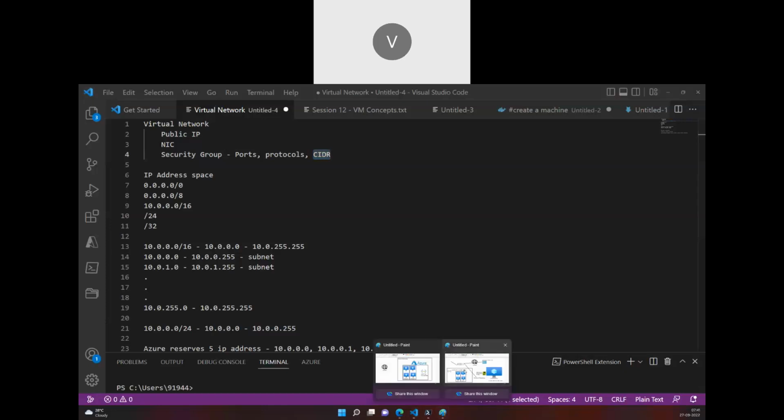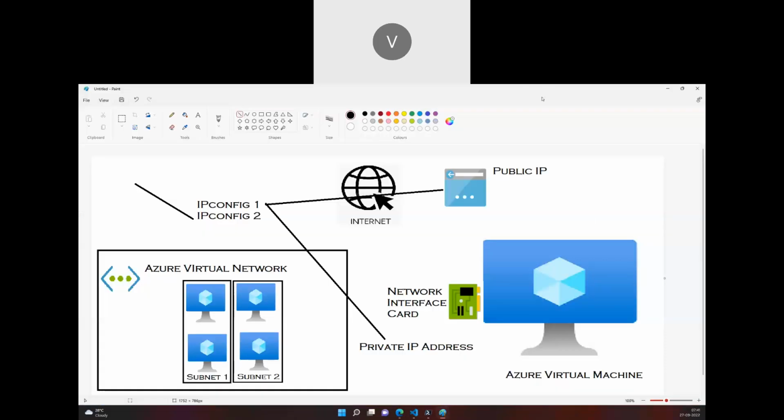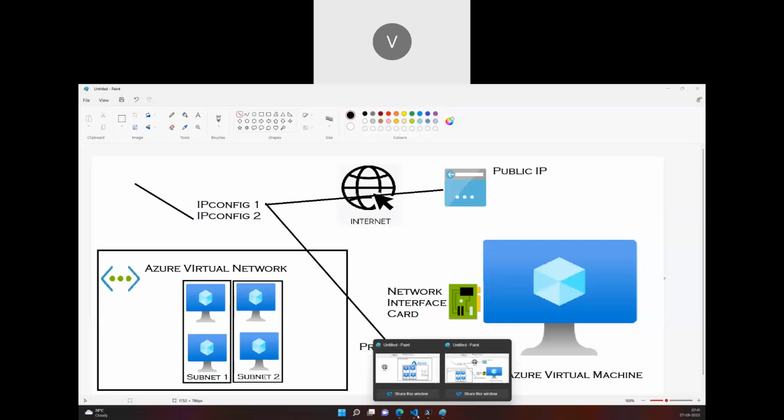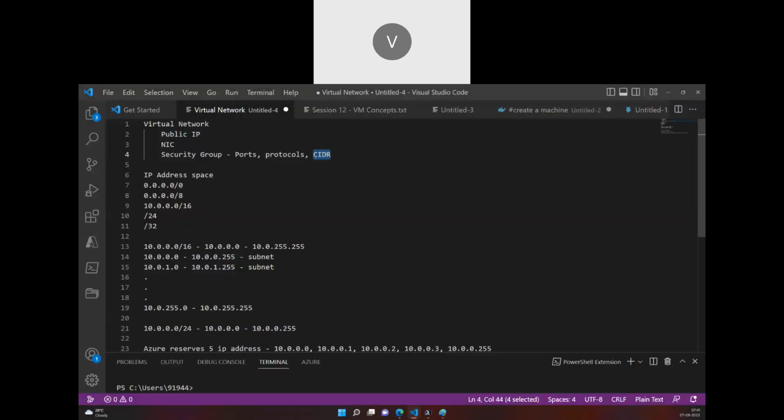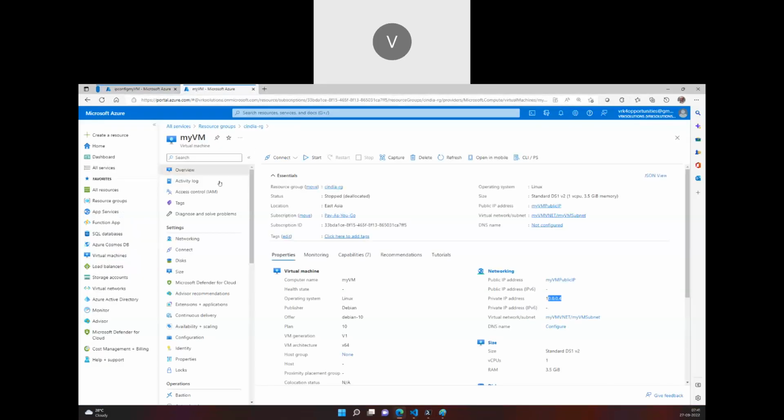to this VM, either from the internet or from the private IP address. It's going there. Now you can set up a security guard here, which is the network security group, NSG, and say all these connections are coming. Usually the connections will come based on port, protocol, and CIDR. So let's see ports. When I go and look at this machine's NSG,